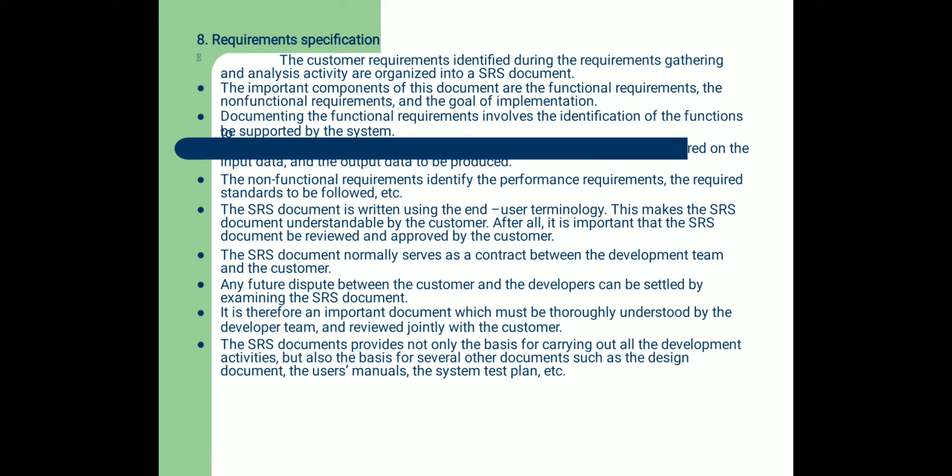For example, if you buy any refrigerator, washing machine, TV, or any product like a car or bike, everywhere we are given a user manual, because in some stages the user manual helps to identify the problem, so that it is easy for the user to rectify it. That's why whatever data we are collecting will be placed in the SRS document, the software requirement specification.